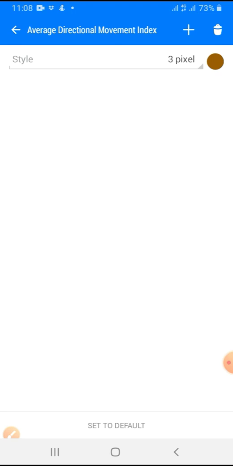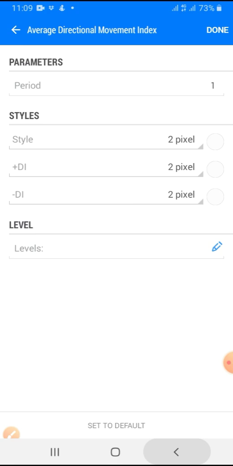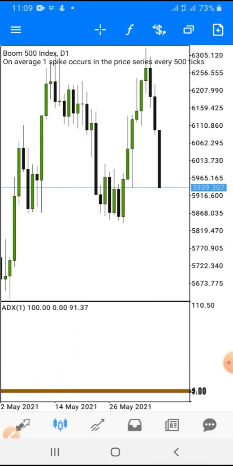This is how you can add a level, be it stochastic oscillator, be it RSI, be it directional movement, ADX, average directional movement index, or be it any one that you want to add a level to. This is how you will add the level. All right, so the second one that we are going to talk about now is